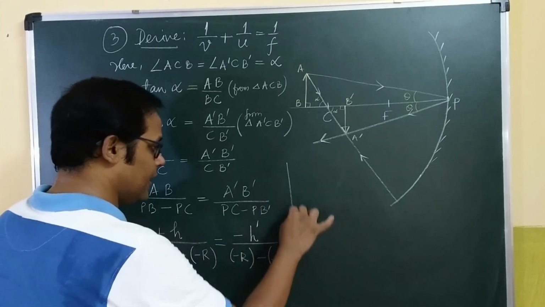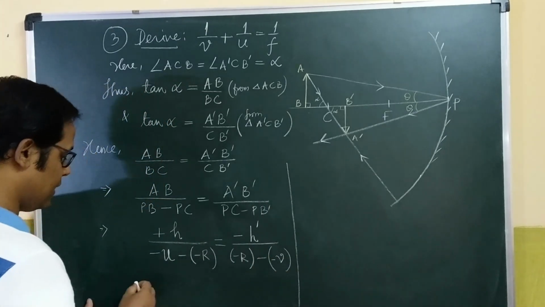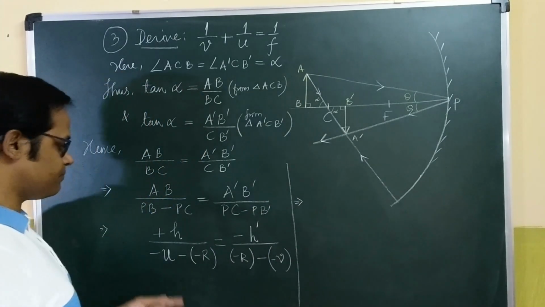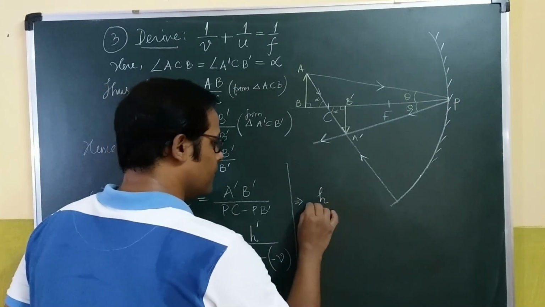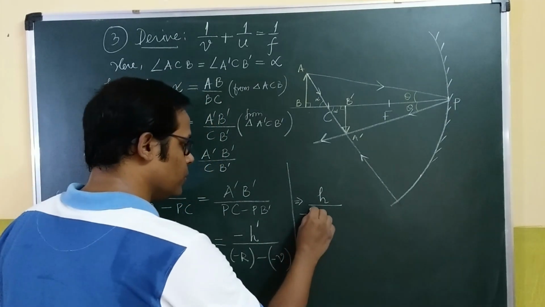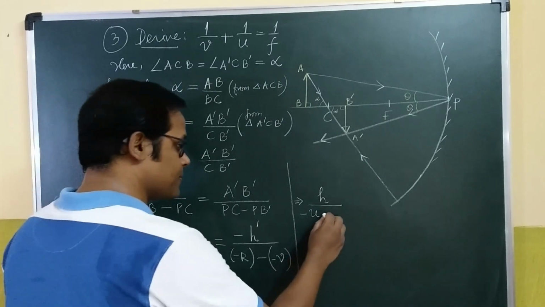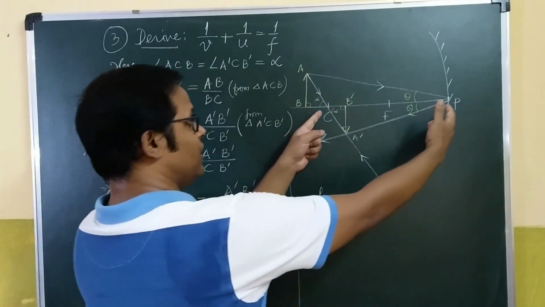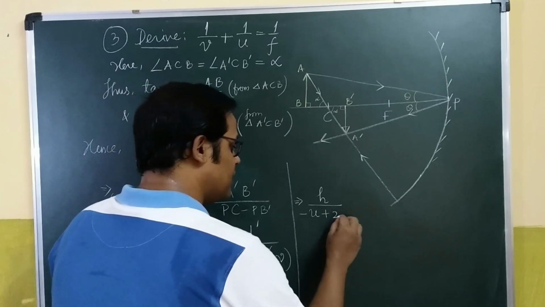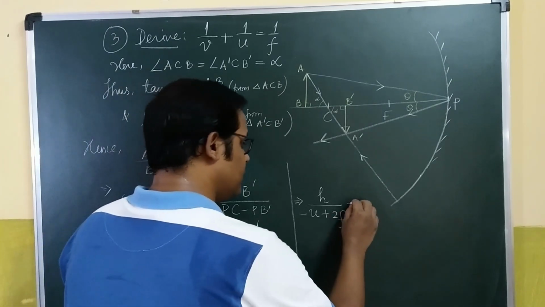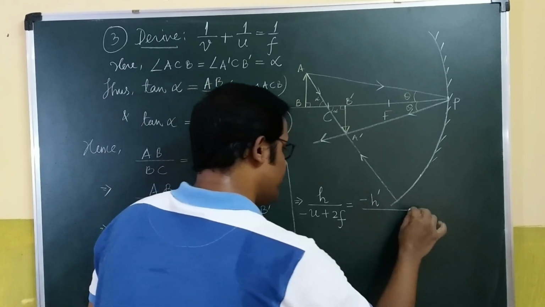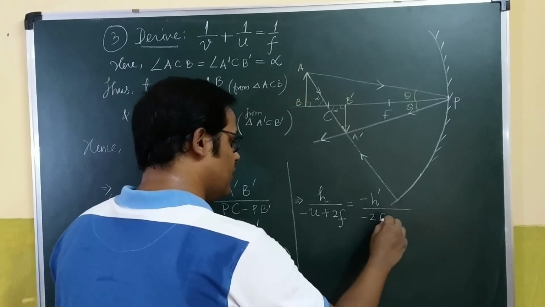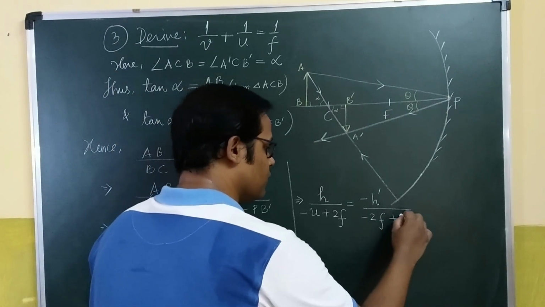Alright. Okay, there's some shortage of space. I think I can use it. Let me write it over here. We are almost done. Plus h on the top, minus u, minus into minus becomes plus, r. Just we got it, a relation: radius of curvature is always twice the focal length. So let me write 2 times f here. So here minus of h dash by minus of r is there. So I can write directly minus of 2f, minus into minus becomes plus of v.